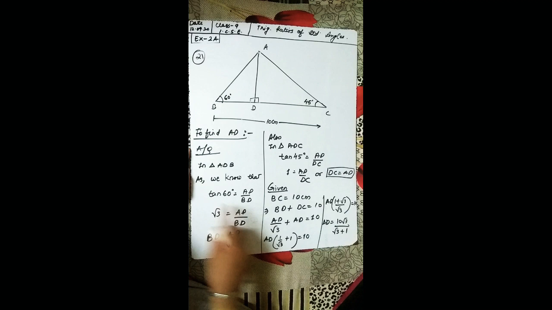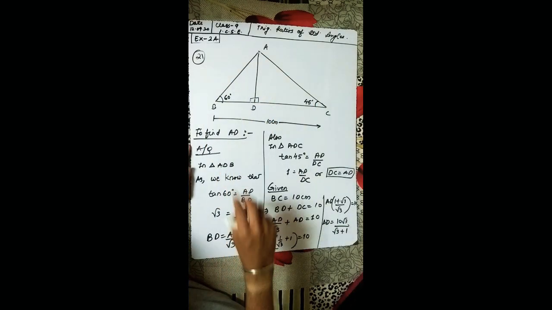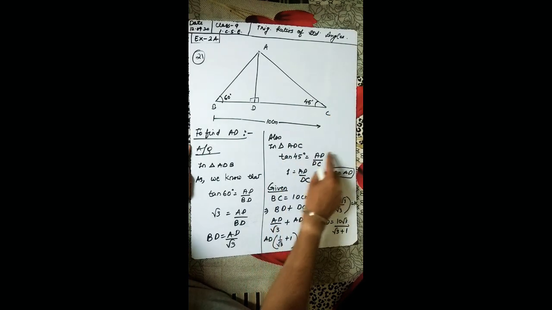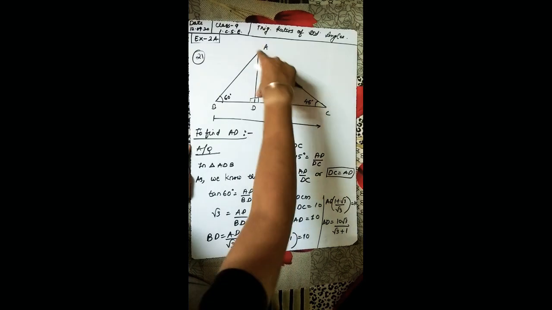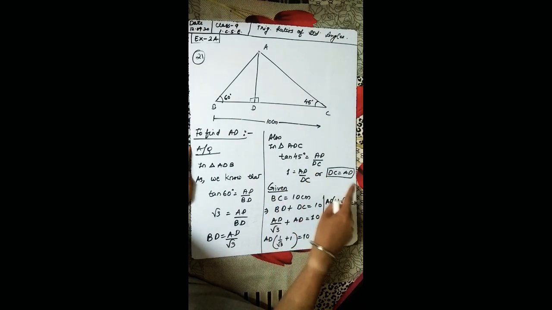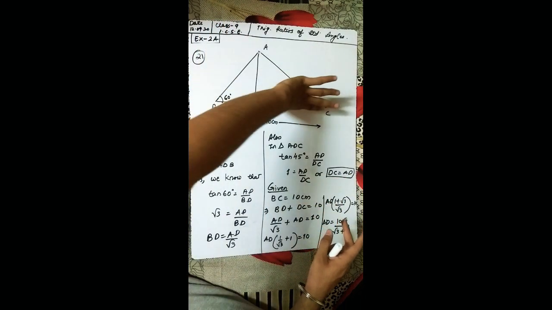Well, I'll just explain. Okay, so tan 60 degree is equal to AD upon BD. Tan 60 degree is root 3 and AD we have to find, and BD you consider BD only. Take BD that side, root 3 in the denominator, so BD is equal to AD upon root 3. Keep it as it is. Now you come to the other triangle, in triangle ADC, we have tan 45 degree equal to what? We'll use tan only because perpendicular and base we want. So tan 45 degree will be equal to AD upon DC. As I already told you, tan 45 is 1. So AD will be equal to DC. Take DC that side, so DC will be equal to AD. That means this side is equal to this side.